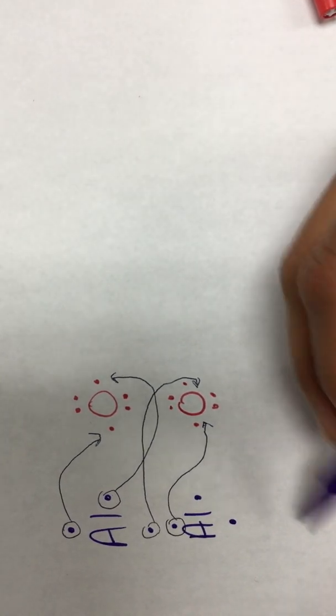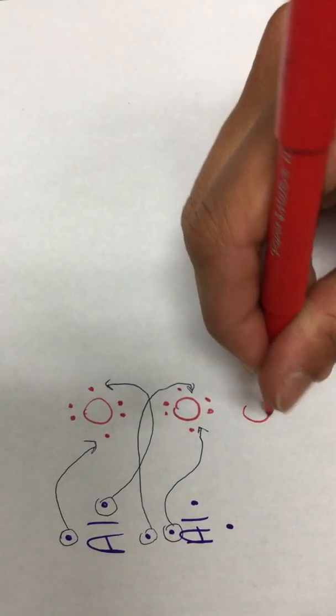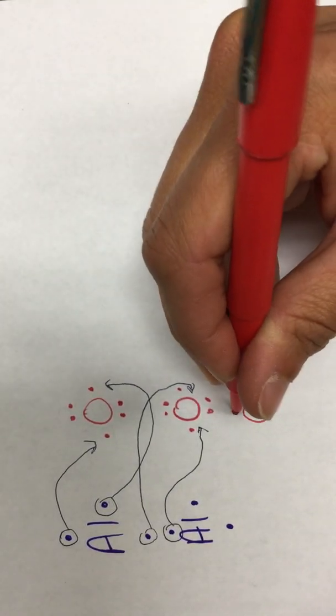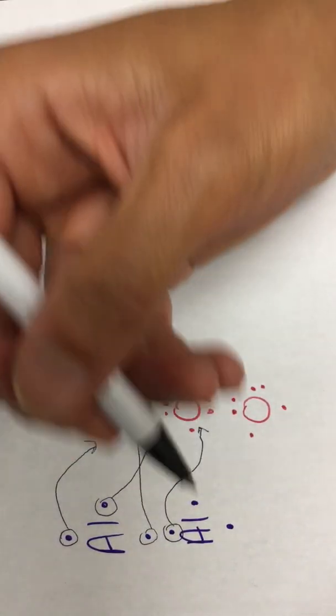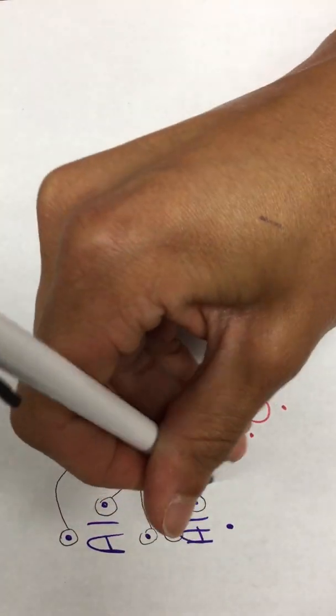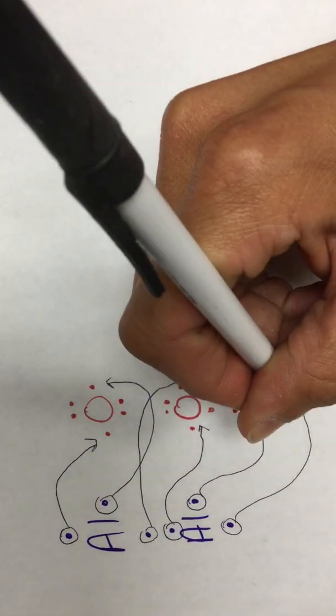We're in the same situation as before, where we've still got these 2 aluminums that have no place to be bonded. I'm just going to leave the solo ones in an easier spot for me to draw my arrows. So this one can go over here to this oxygen,